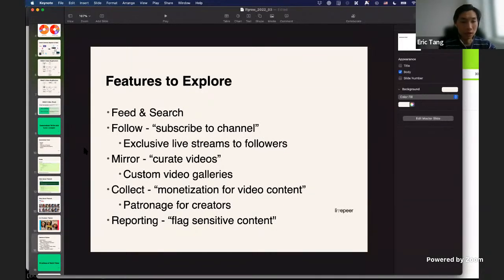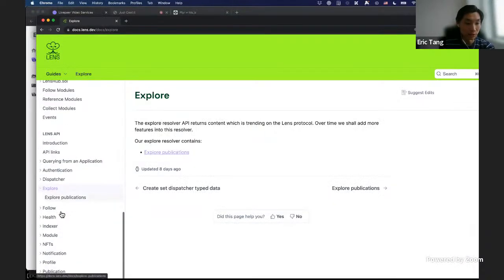And finally, I think content moderation is a really important thing, especially when it comes to decentralized social networking. You need to have a way to prevent bad, offensive or harmful content from being surfaced to users. So flagging sensitive content is a way, and there's a way to do that inside Lens as well.